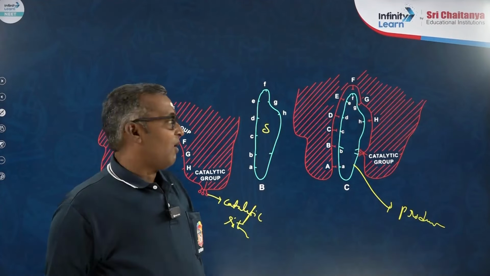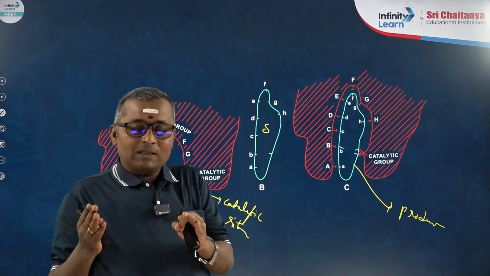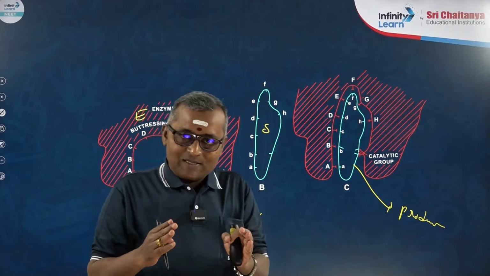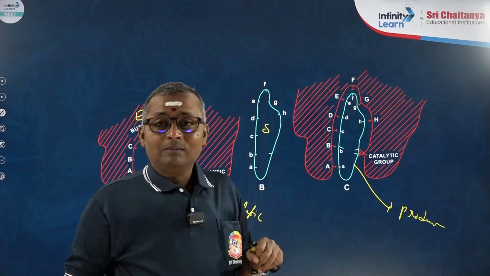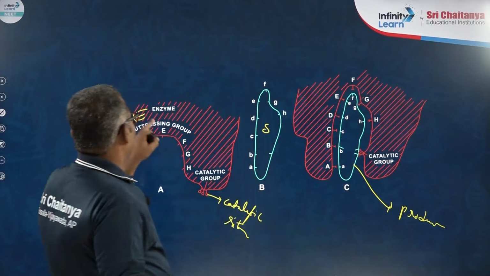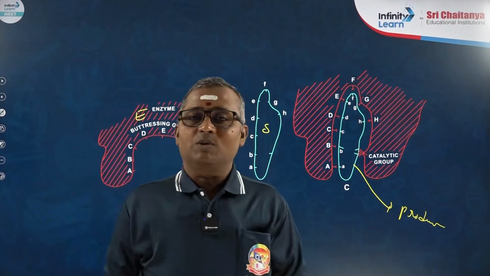Once the product is formed, the product and substrate together are called the EP complex, and once EP complex formation is completed, the product releases from the enzyme and fresh enzyme is again ready to carry out one more catalytic cycle. This is what happens in the whole procedure.